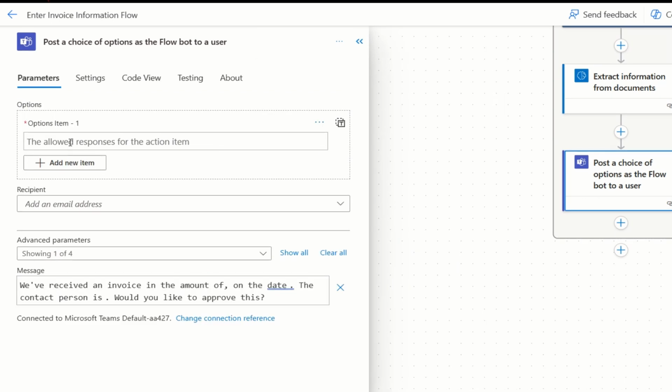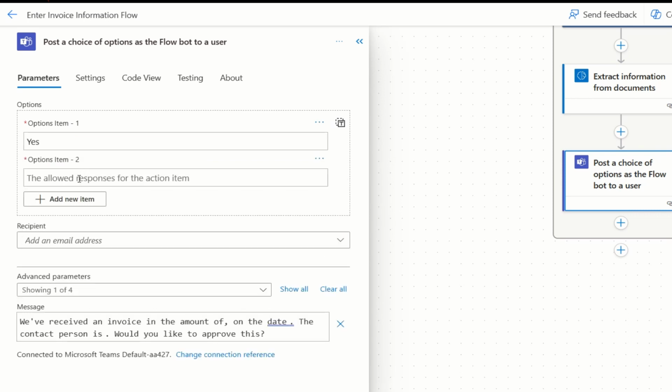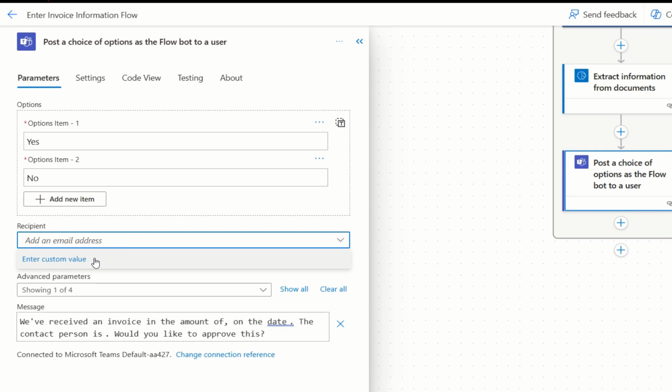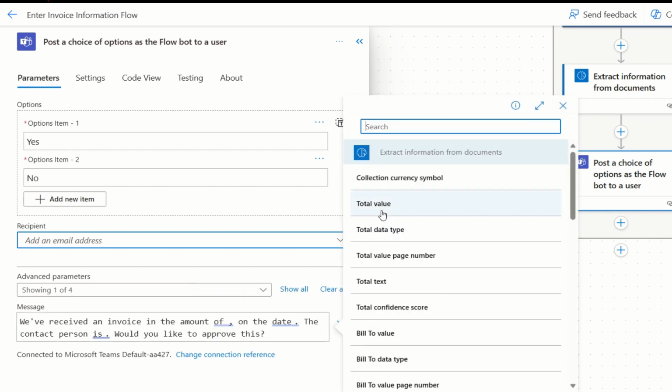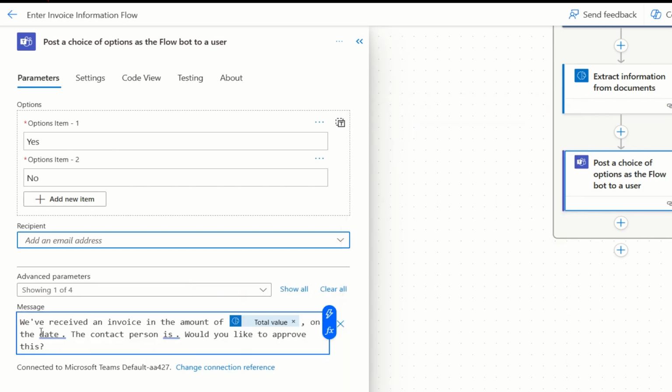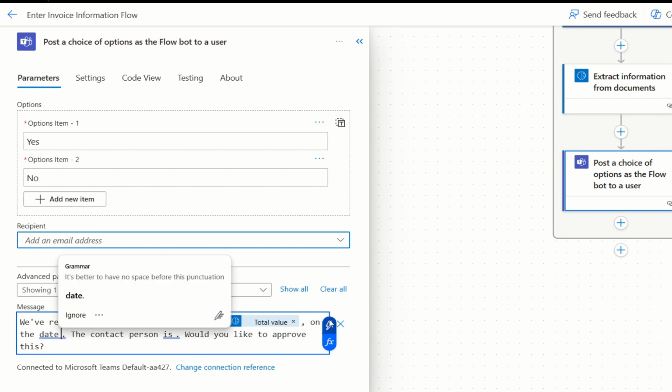Now let's add the options for the response. So first option could be yes, and the second option for the response can be no. And over here you can add the recipient email address, and in the message let's add the dynamic content. Over here you can choose the total value, and on the date you can add the date value over here